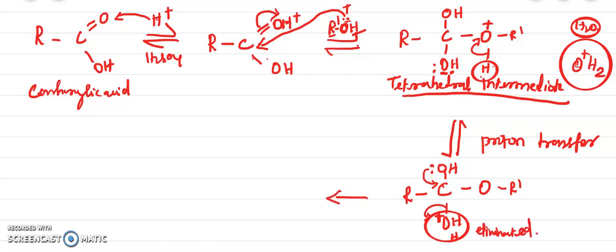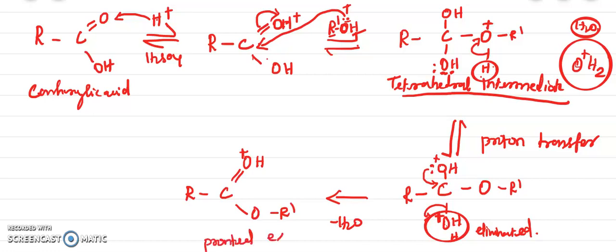Okay, fine. Then what happened? I said earlier there is elimination of H. How is the structure? It will be R, C, and here this bond will move here, so that you will get a double bond. Am I right? So here there is a double bond of O. Here it has moved, so that here you will get a plus charge, and H. It is getting eliminated, so this bond will move here, so that OR is the final thing here. So this is the structure. This is called protonated ester.